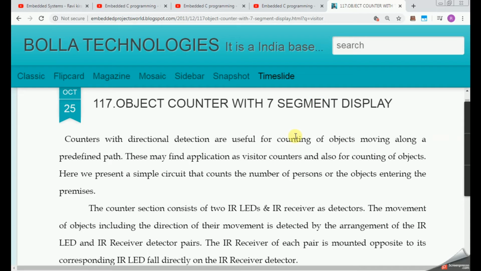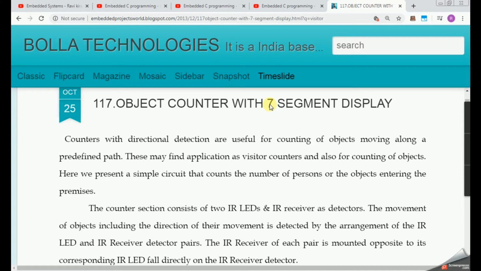The object counter or visitor counter is nothing but whenever a person enters a room, the number of persons has to be displayed in a 7 segment display. So there are two sensors, two gates: an entrance gate and an exit gate.